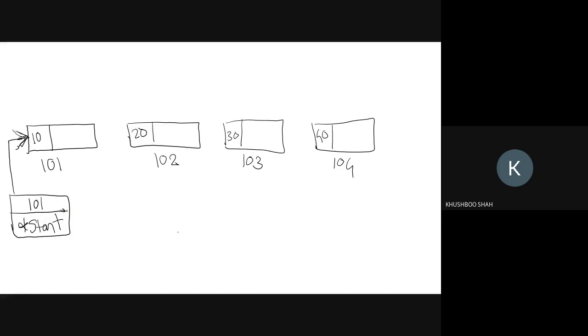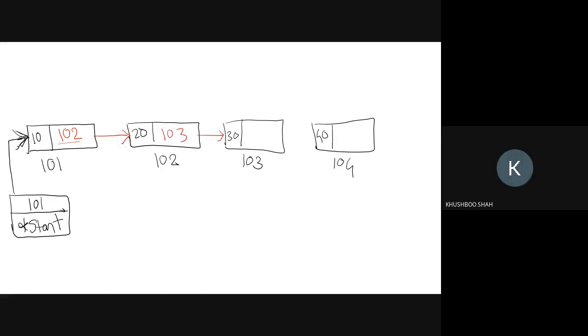Now let's fill in the addresses. So what I need here, guys, this location 102, and it will link this. Then 103, and it will link this.